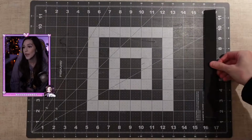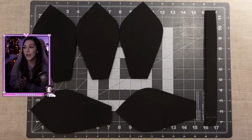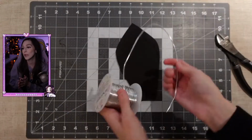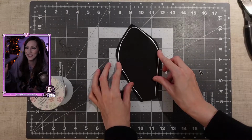And without further ado, let's get into the tutorial. To start, we're going to need some 5mm EVA foam. I actually created these patterns for a collar piece and 5 lip/petal pieces, and I made some teeth out of foam clay. Now we're taking some wire and going to be framing each individual lip/petal piece with it on